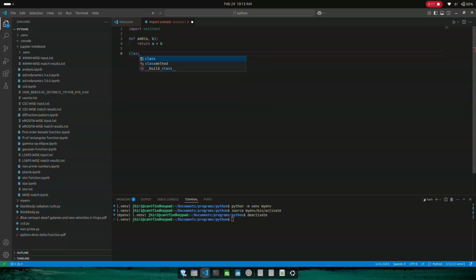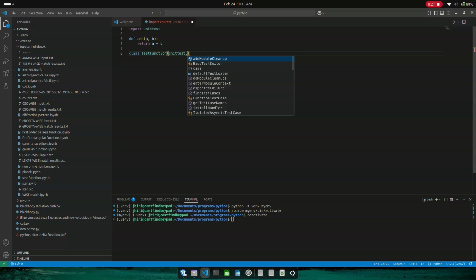Next we define a class which is needed for the unit testing. Test function, say, unittest.TestCase: